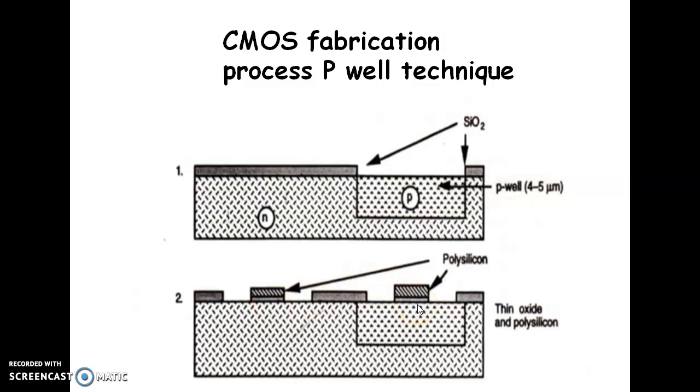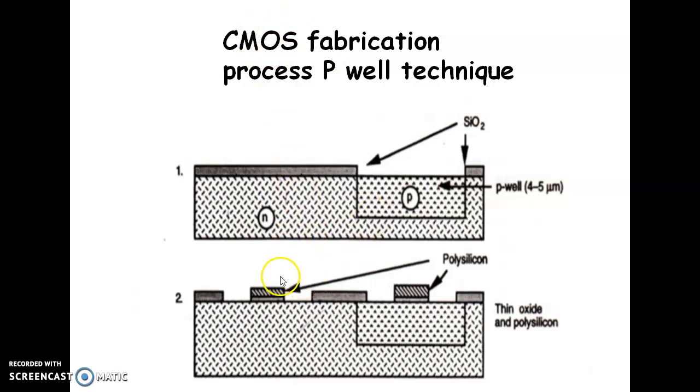Mask 2 defines the thin oxide regions, namely those areas where the thick oxide is to be stripped and thin oxide grown to accommodate P and N transistors and diffusion wires. So this is thick oxide, field oxide, that should be stripped, and we need to deposit thin oxide because it is metal oxide. This oxide is this.